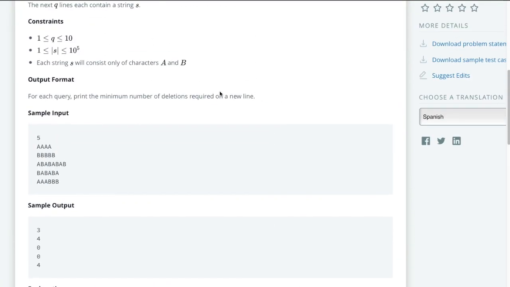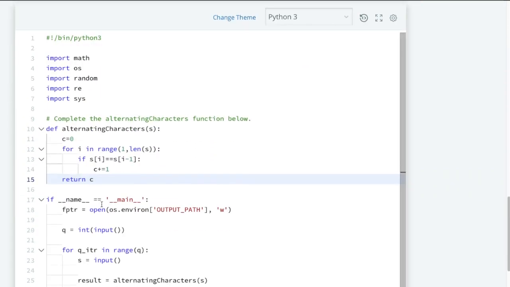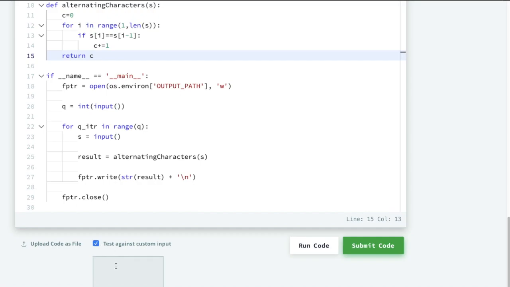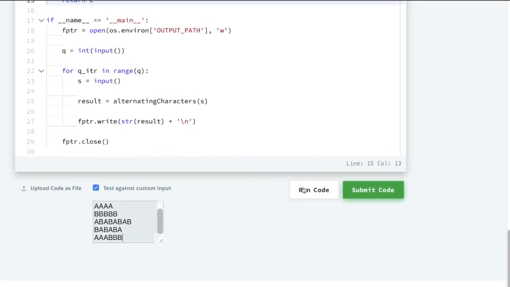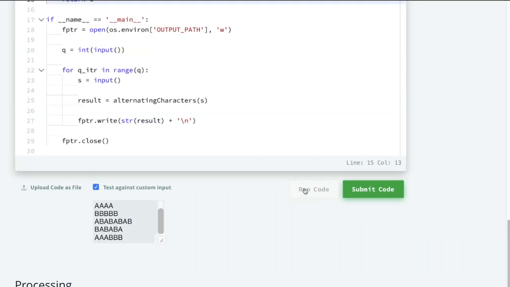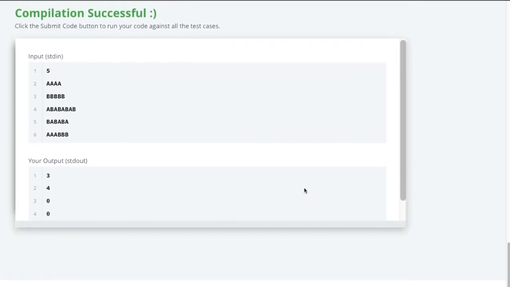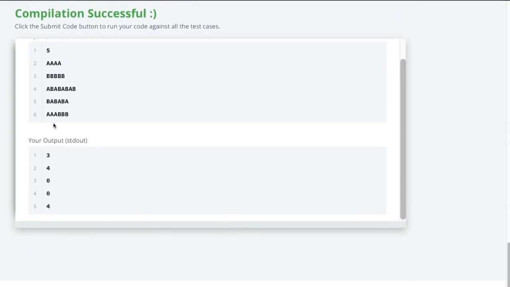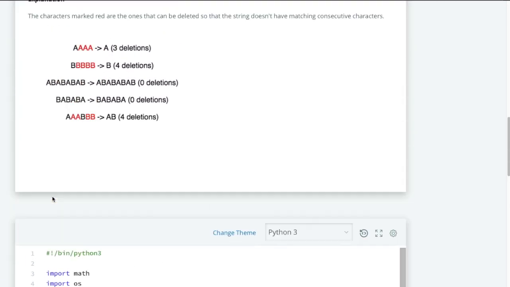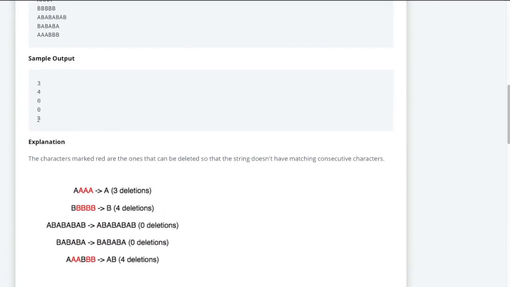Let us try to run this code. The very first line is the total number of test cases, then the strings. Let us run this code. You can see it is working fine. The output is 3, 4, 0, 0 and 4.